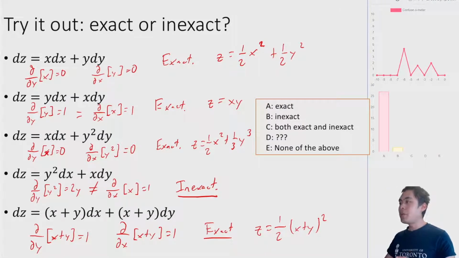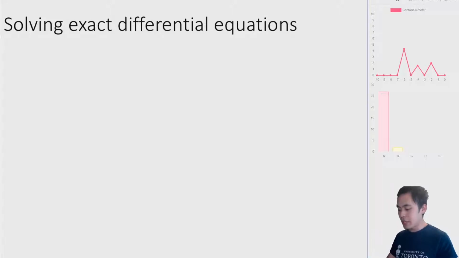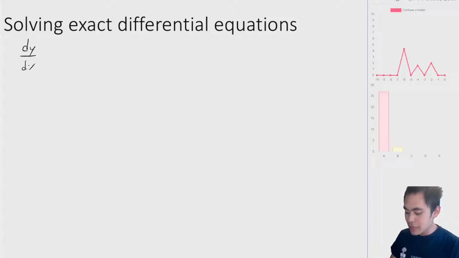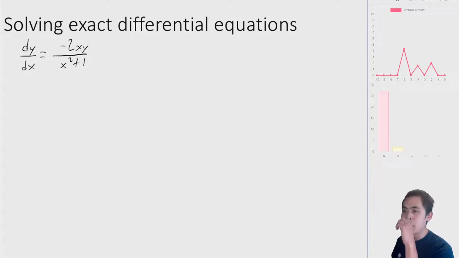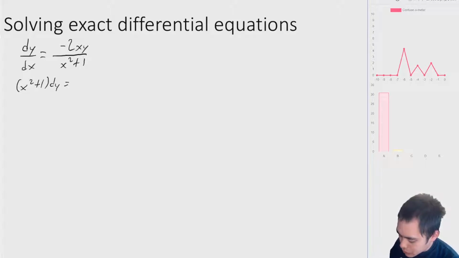Okay, so now that we have all this machinery, we can solve exact differential equations. Let's suppose that we have a differential equation. I'm going to use dy dx notation because we're going to be separating the differentials in a moment. It's equal to minus 2xy over x squared plus 1. Now if we have this equation, what do we want to do? Let's first write things out. So you end up getting that multiplied out, x squared plus 1 dy is equal to minus